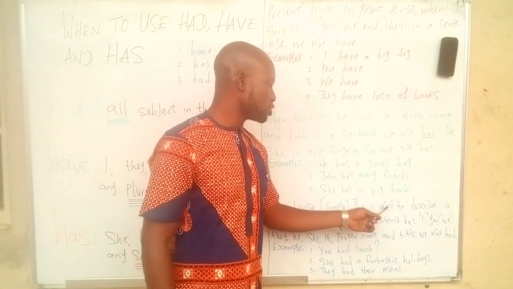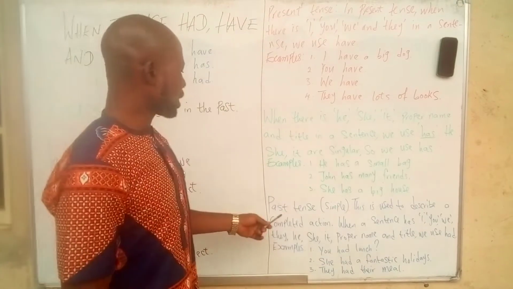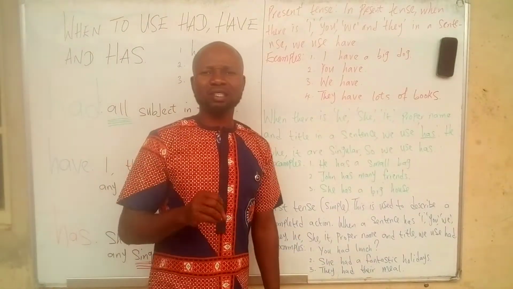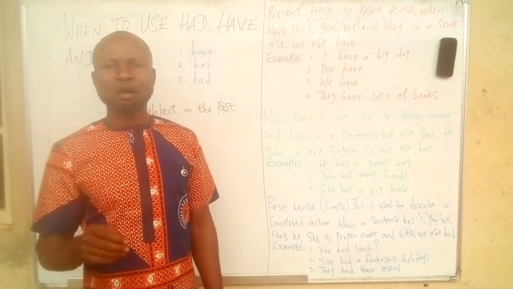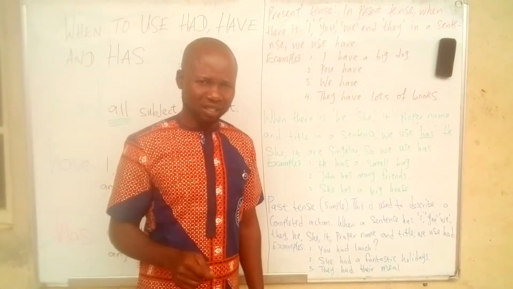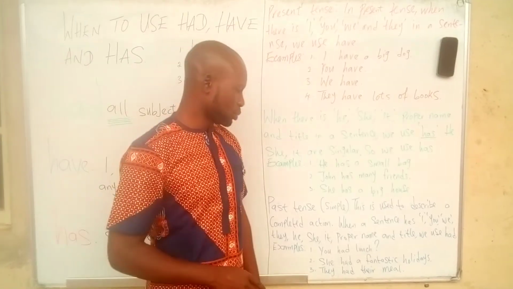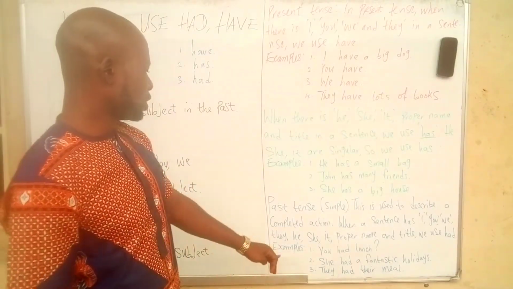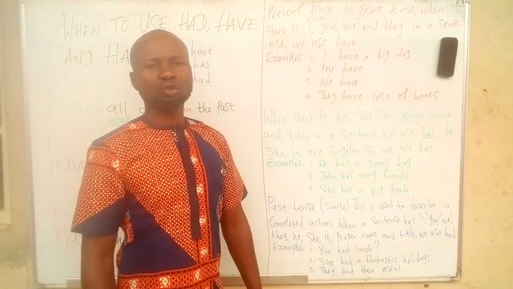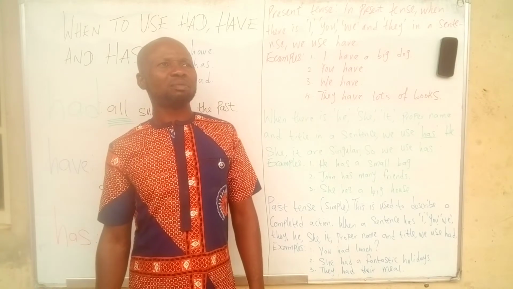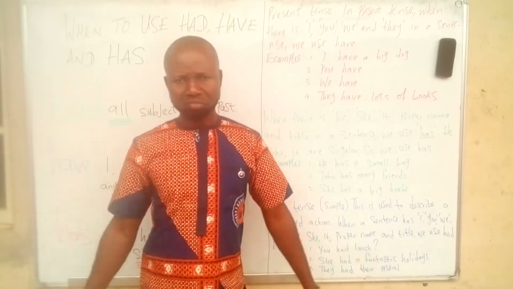He said this is used to describe a completed action. When you hear past, it means an action that was done in the past and it is what? Completed. Example, let's say you had lunch. The answer could be yes or no. Maybe I had